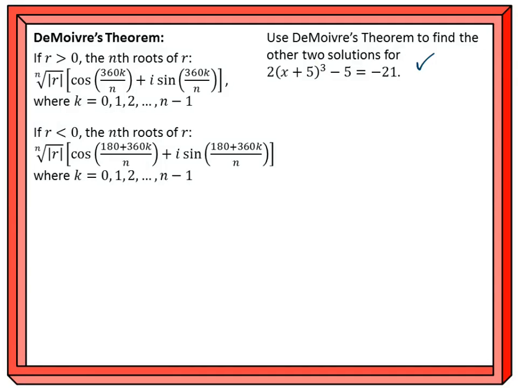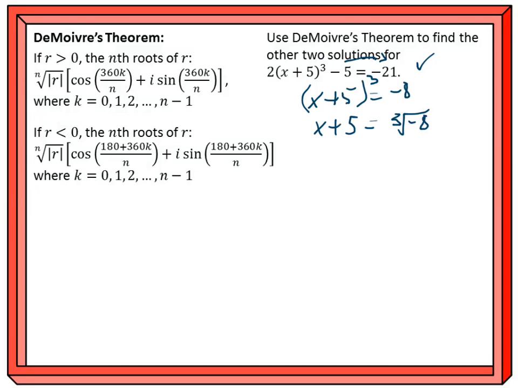So the process was, I added the negative 5 over there, got negative 16 divided by 2, so x plus 5 to the third power is equal to negative 8. So it's at this point right here that we would be taking the cube root. So x plus 5 is equal to all of the cube roots of negative 8. So the real one was just negative 2,